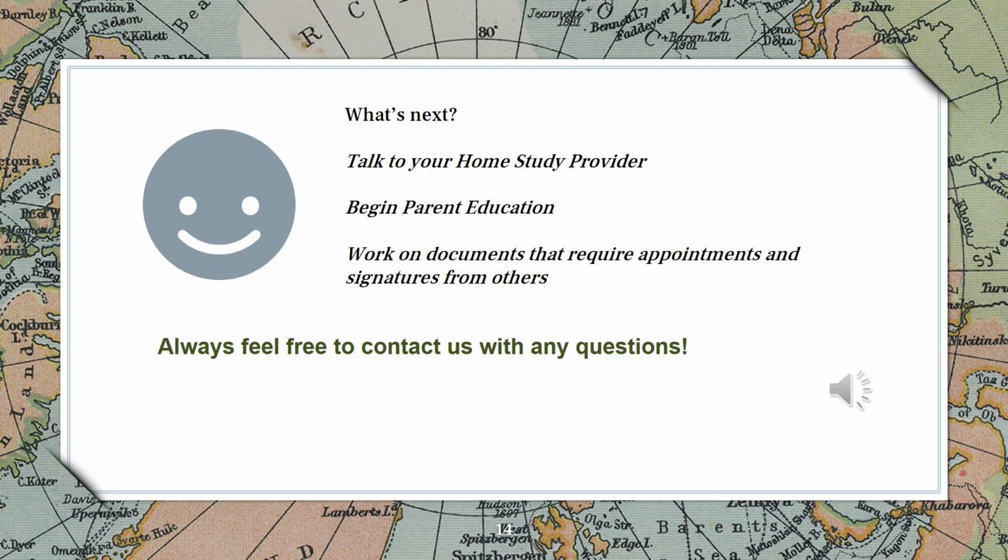You are probably wondering, where in the world do I start and what do I do next? Our suggestion is to identify and talk to the agency that will be doing your home study. Once you talk to them, and that includes if you are in a Nightlight state, they will be contacting you, you can then finish your service plan and home study information sheet, which are both under the orientation checklist, and make sure that they are approved to be your home study provider, and then you can begin your parent education